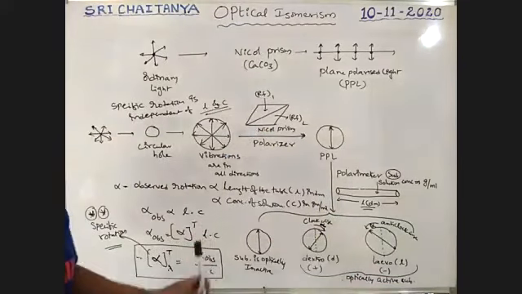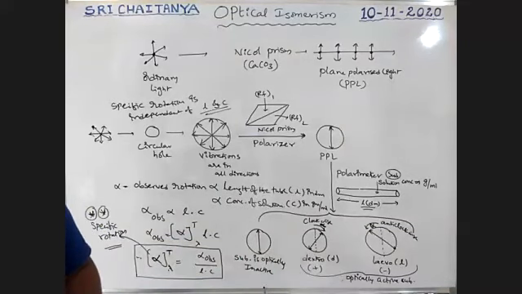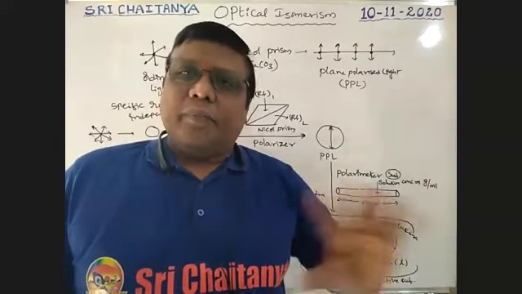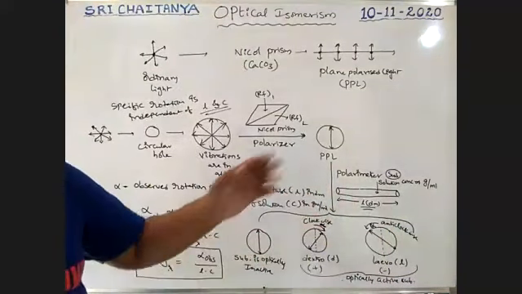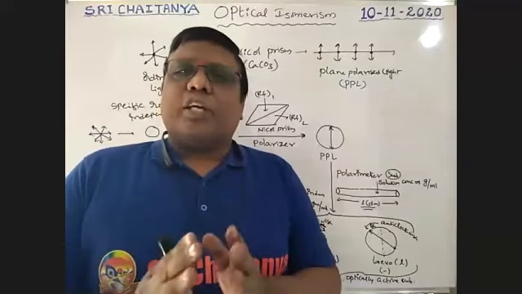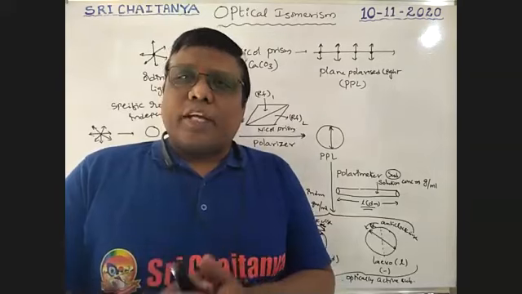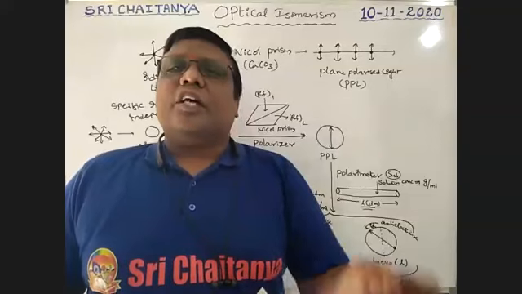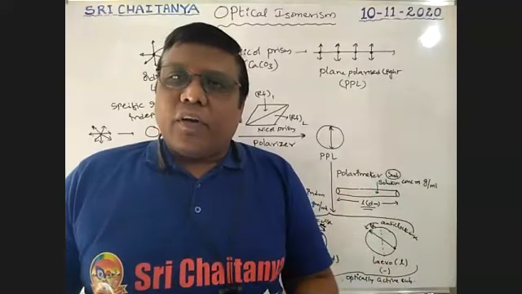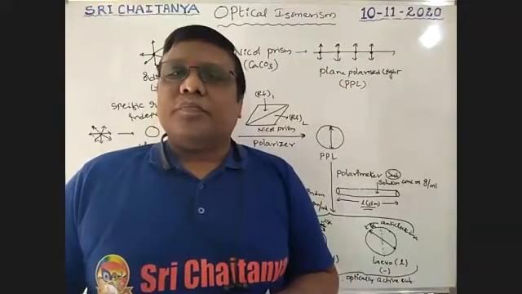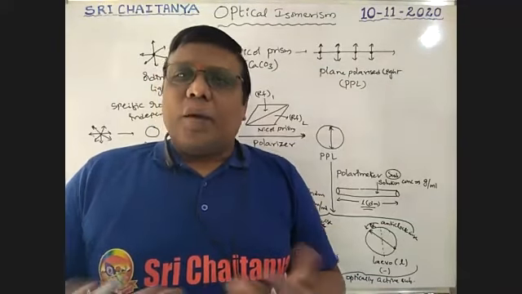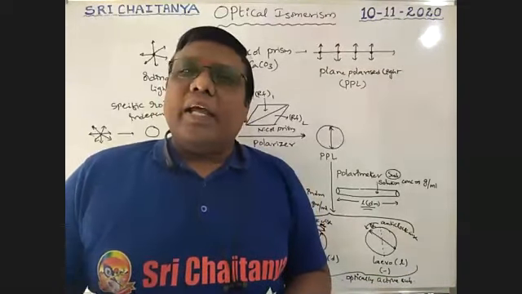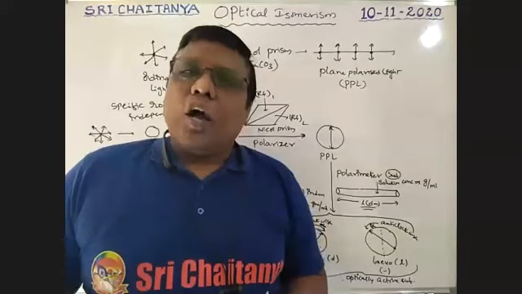Up to now, is there any clarification? Which one is the optically active condition? Which one is the optically inactive condition? What is that substance? I will explain, please wait. A substance which can rotate plane polarized light either in clockwise direction or in anti-clockwise direction is called an optically active substance. If not, it is an optically inactive substance. The phenomenon of rotation of plane polarized light either clockwise or anti-clockwise is called optical activity.